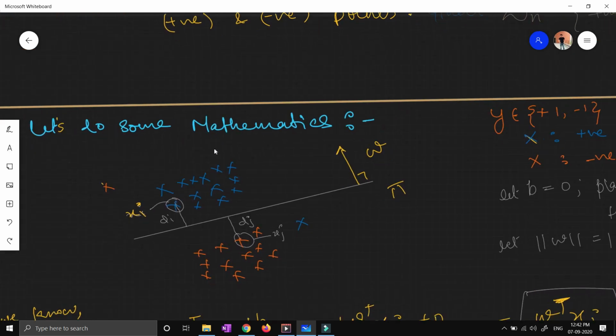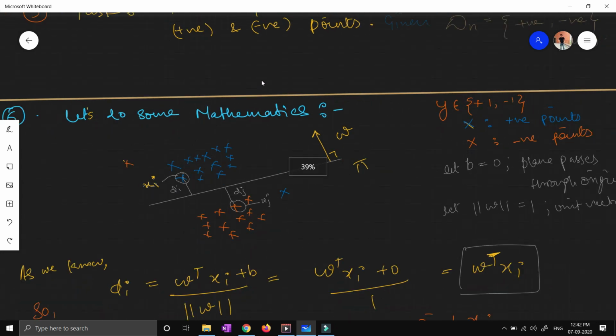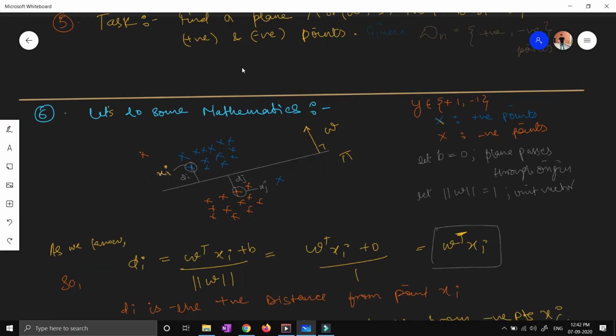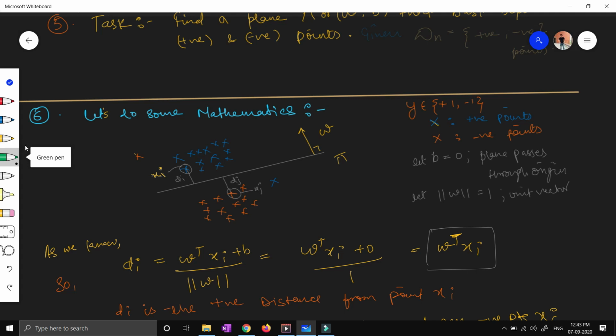Let's do some mathematics. We will perform some mathematics as of now, and you will be able to understand the whole scenario over here. This is my 6th point. We will be doing some of the mathematics in part 1, and it will continue to the 2nd part, 3rd part and so on. So let's understand over here. Till now we have seen that the data set is given to us, and the target belongs to either the positive or negative class. So we have a review like "this product is very good," and it belongs to the positive or negative class. There are 2 classes, positive and negative.